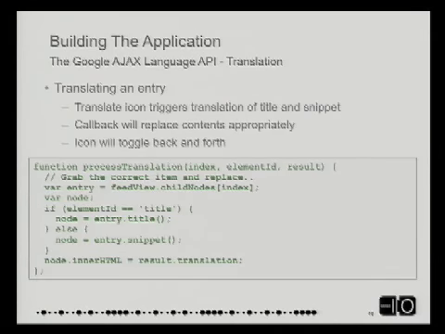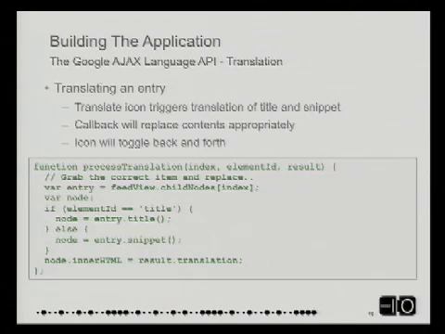When you click on that icon, I'm going to make a call out to translate that. And again, I did some fixing up, which isn't shown here, so that when Google calls me back, I can figure out who was being translated and how to find that element again. So I have the element ID and the result and the index in the process translation.